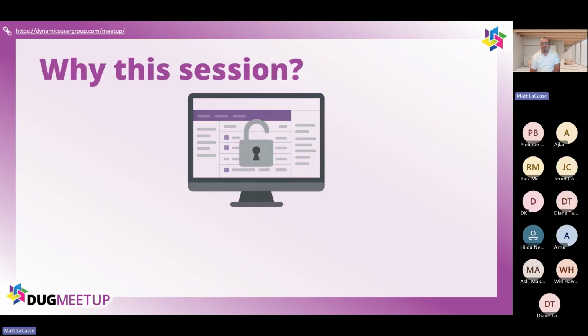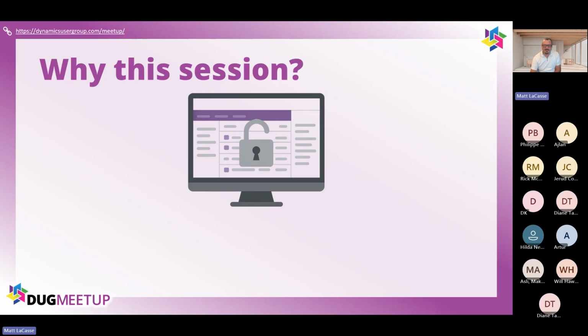So what are we doing here? Why are we doing this session? Let me answer that question by asking another one of you. By a show of hands, how many people have been on a project team where an app was supposed to be just for one team, and then you were asked to expand it to others, or they had slightly different requirements, but an overall kind of similar process? Yeah.